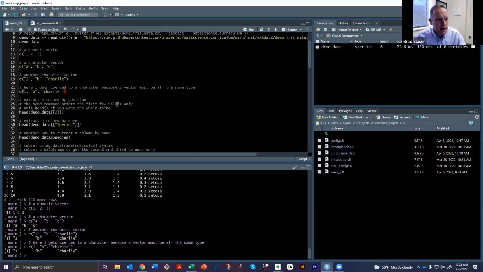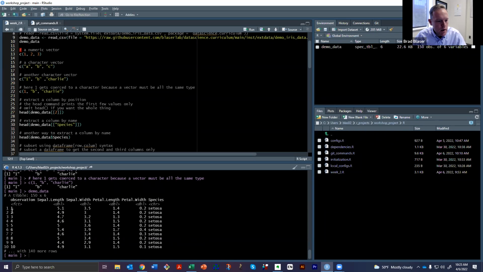All right. So like I said, a data frame or a tibble are lists or a collection, more or less, of vectors. So if we look at demo data, again, we can run it. You can see that each one of these is, in essence, a vector. It's an observation as a vector, sepal length as a vector, et cetera, et cetera, et cetera. And these are all bound together into a larger data structure. And so what we can do is, actually,